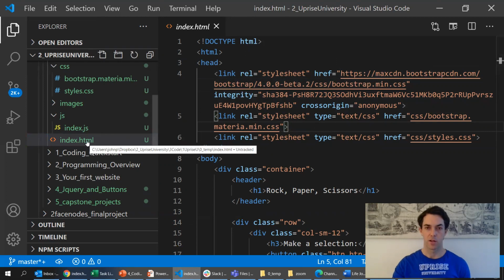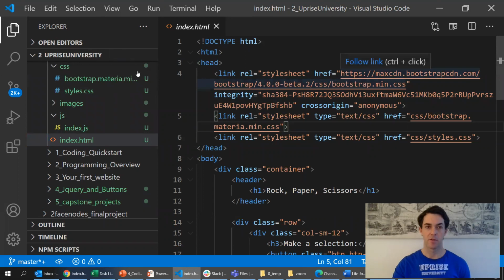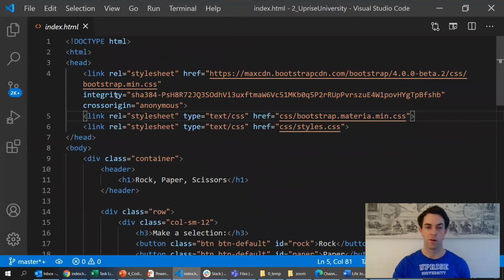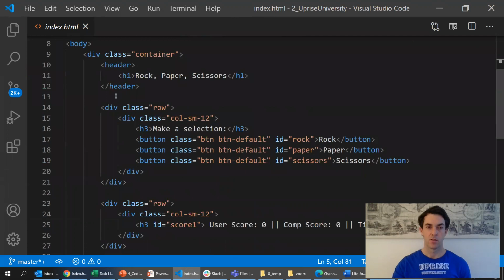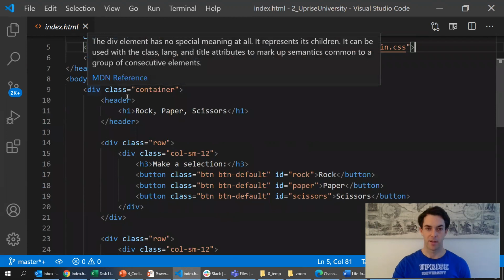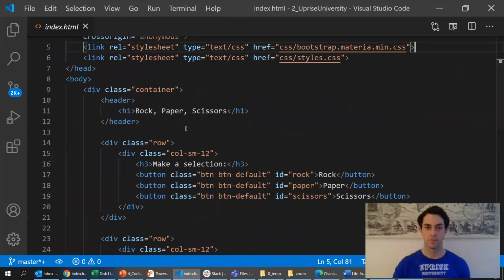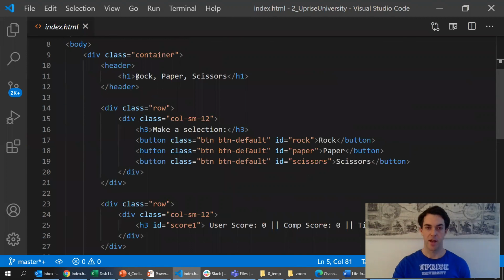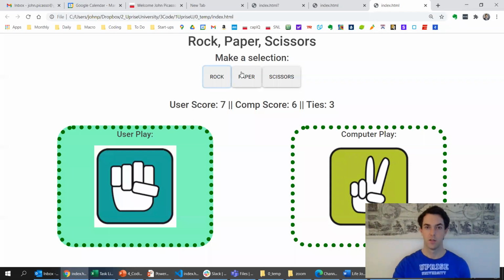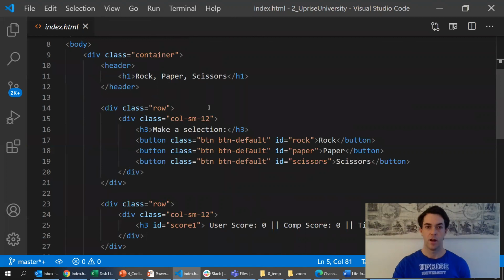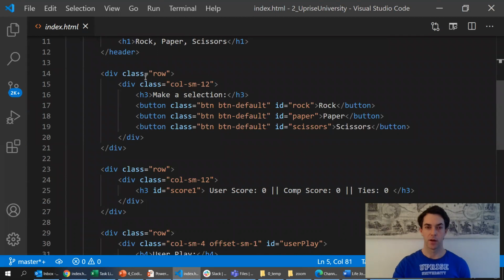To start off, we're just going to go through this index.html file and walk you through what we did to build it. The first thing is we wrapped everything in a container. This is just to format the overall page. Then we have this header, rock, paper, scissors, just as you see here. And then we're going to create